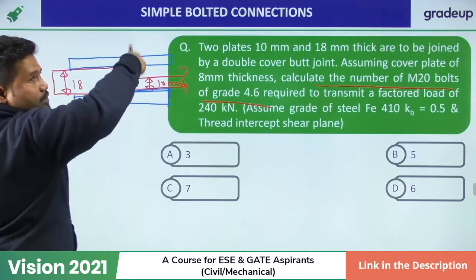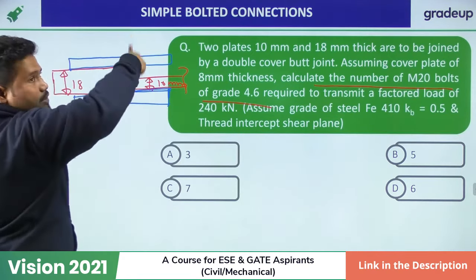Coming to shear planes here, one shear plane is here, another shear plane is here for this side, whereas for this side one shear plane is here, another shear plane is here, another shear plane is here. So there are three shear planes in this case, but only two shear planes in this case. But while we are working out the number of bolts, our assumption is that we always underestimate things, then only the number of bolts can be increased and it can resist the applied load. So in such a case, the number of shear planes we will consider as 2 only,